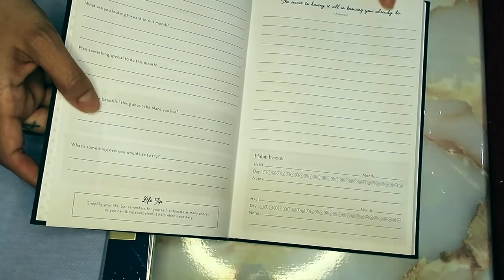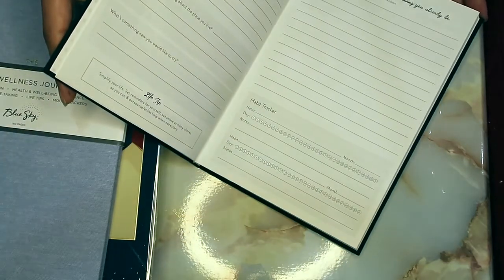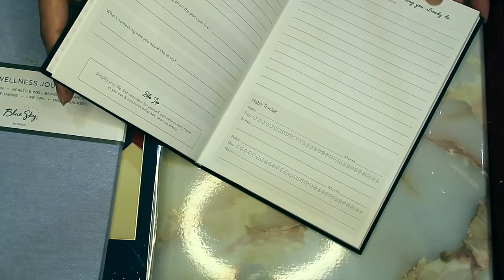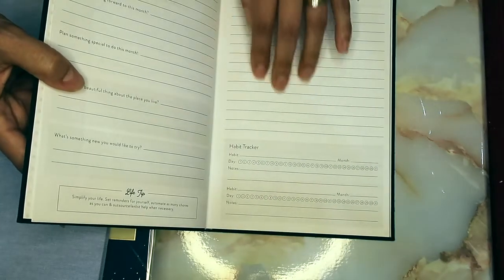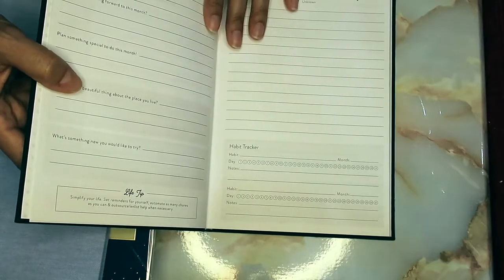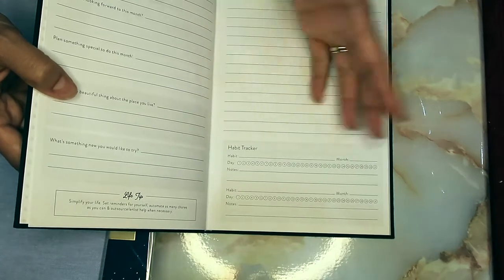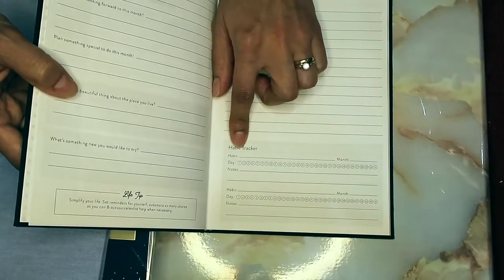Then right here, it has a quote on the next page. This one says, the secret to having it all is knowing you already do. So that's kind of nice. And then you have some notes here, so you could write down your thoughts or your feelings. And on the bottom, there are two habit trackers. So maybe you could